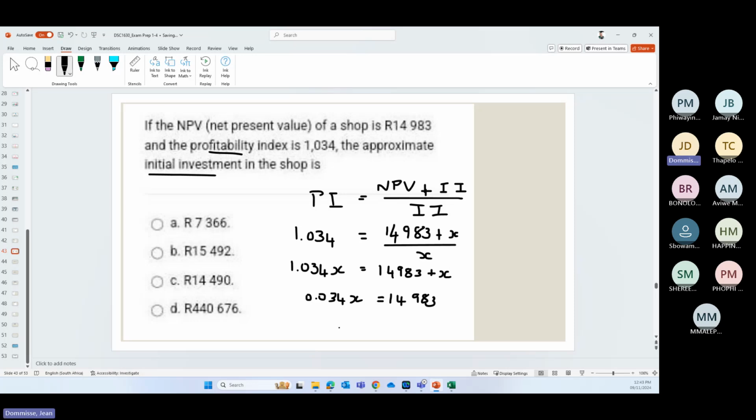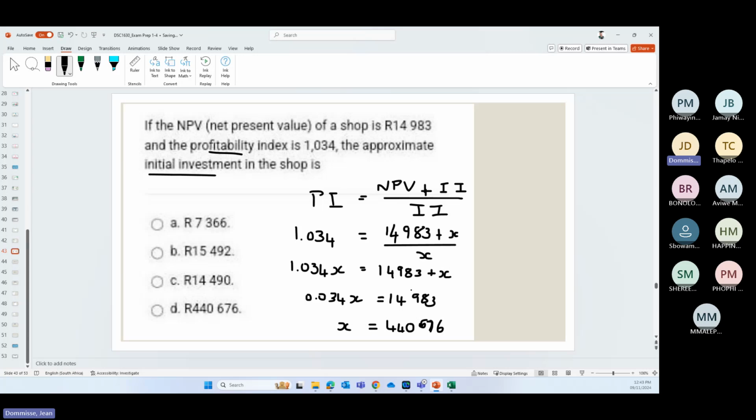And then if we want to work out x, that initial amount, we will need to divide the 14,983 by 0.034, which gives us 44,676. Okay, so